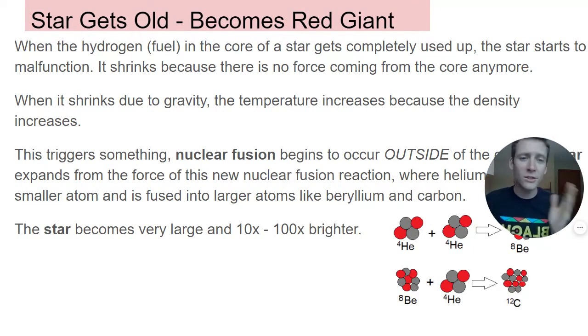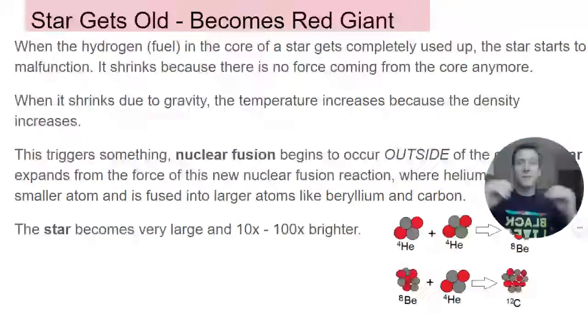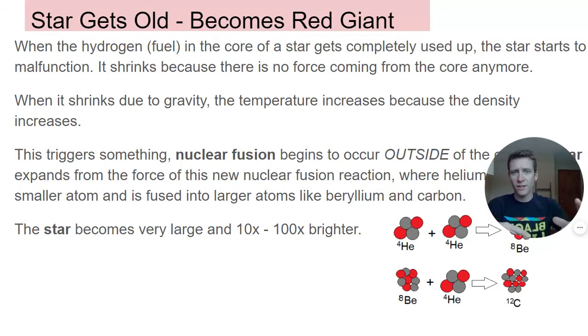And that change in nuclear fusion reactions messes with the amount of force going out from the core because of the reaction and the amount of gravity coming in. So because there's so much more force coming out from the core now, that star is going to get huge. And because of the physics of it all, the star changes color. It becomes red. But that star becomes bigger because all of a sudden we have way more force pushing out from the core.